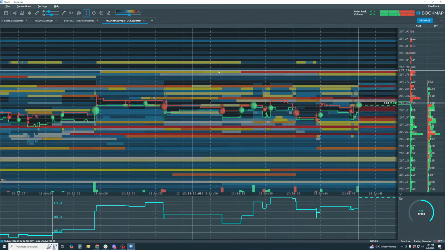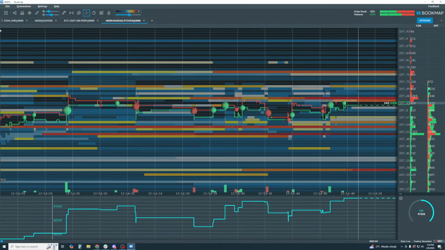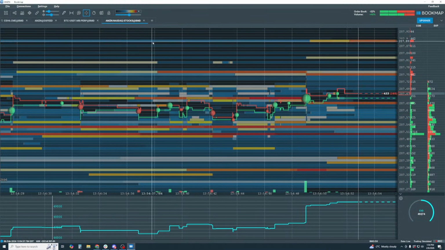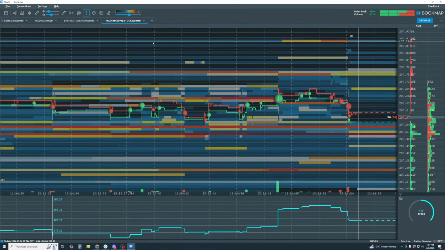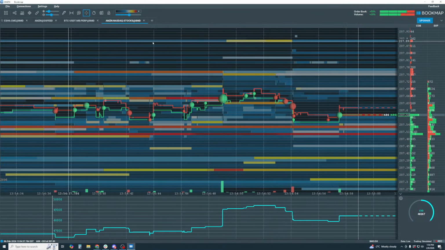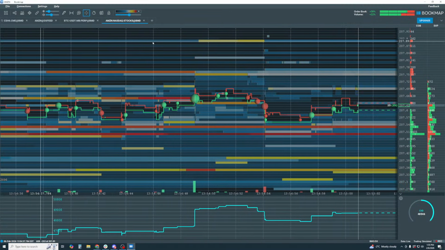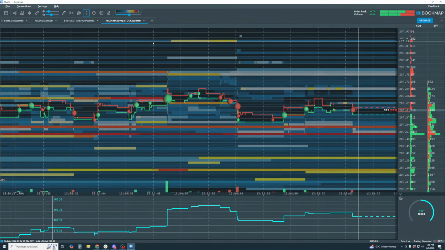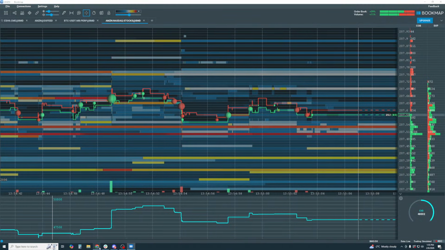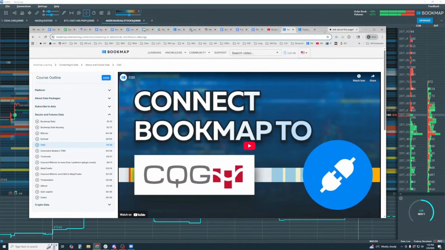You have the Bookmap data. Well, then you go through the process we demoed earlier. You will not be able to connect your Bookmap data though to your prop firm. You're going to be using Rhythmic data, so that'll be a difference there. All right, let me see if there's any questions over on YouTube.